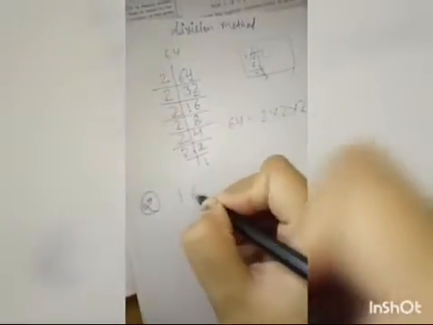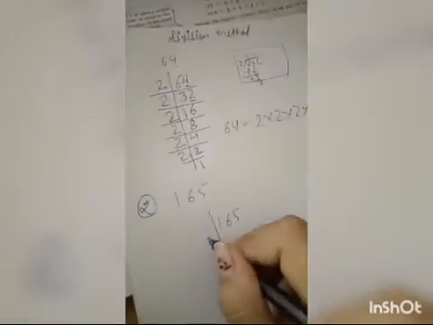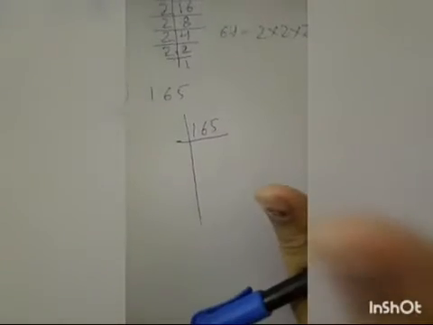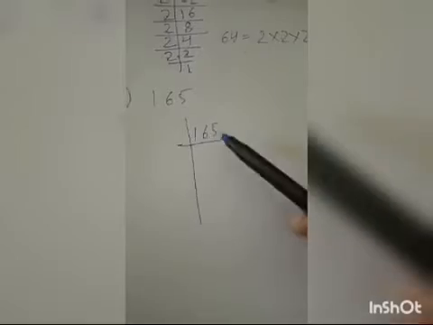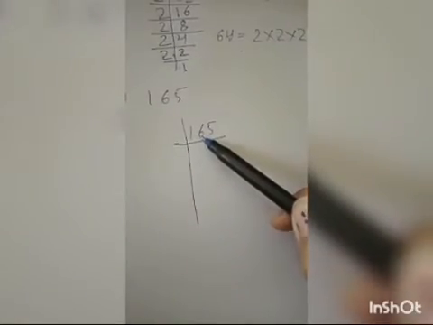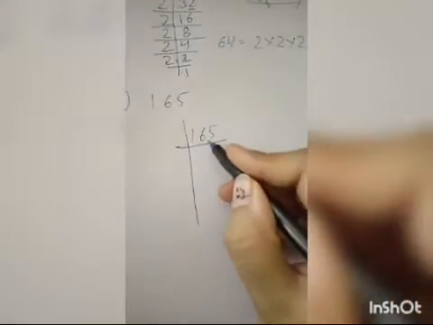Okay. Now let's do one more question from the next part. Question number 5, 165. So 165 is another number. Now I told you that we have to check the least number by which we get 0 as remainder. We need that number on dividing by which we get 0 as remainder. So first of all I will check; it is not possible with 2. I know that it contains 5 at the end.